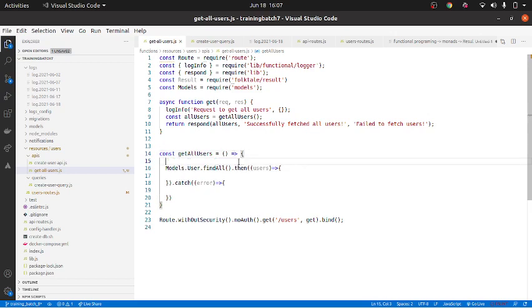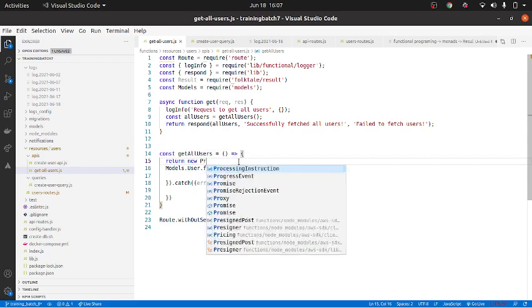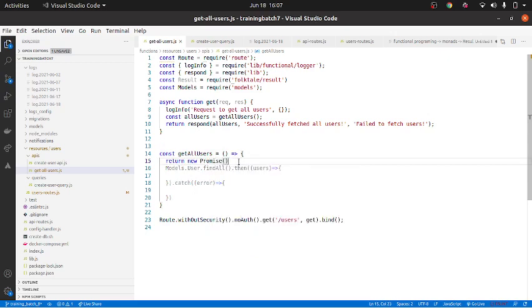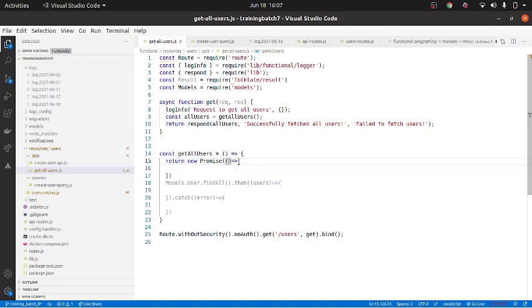So what you need to do is return a new promise. A promise takes a function which takes resolve and reject.